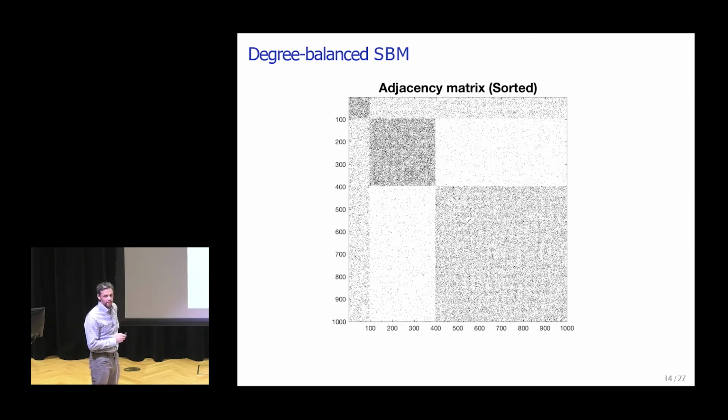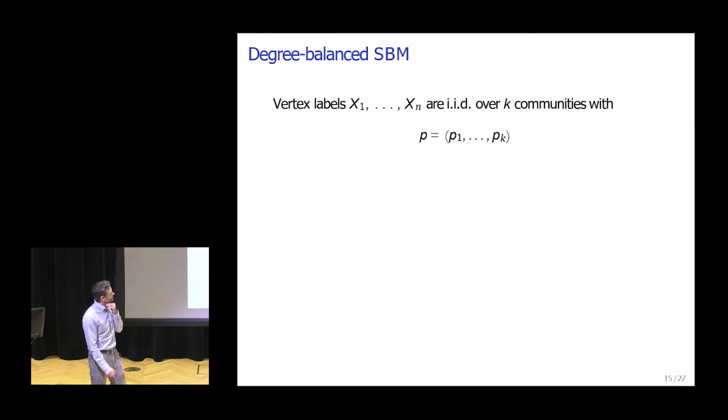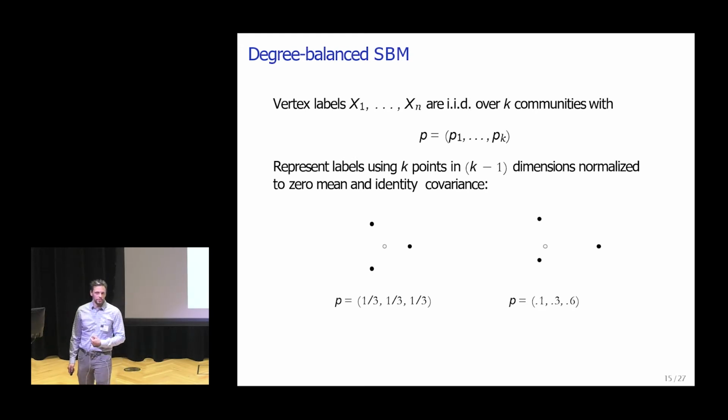So how do we analyze this? And how do we get a characterization like it's been done previously in the literature? So the first thing I'm going to talk about is the representation of our labels. As I said before, I can embed them in a Euclidean space. I'm going to do the same thing here, but I'm going to embed them in such a way. Right now they have unequal probabilities, but I'm going to preserve the rule that they have mean zero and identity covariance. So there's not a unique way to represent them this way, but there's always a way to do it. And so what that means is that labels associated with communities that are more likely are going to be closer to the origin, whereas rare ones are going to be further away to balance it out. So this is a choice of representation.